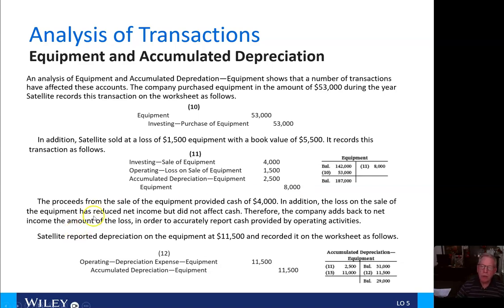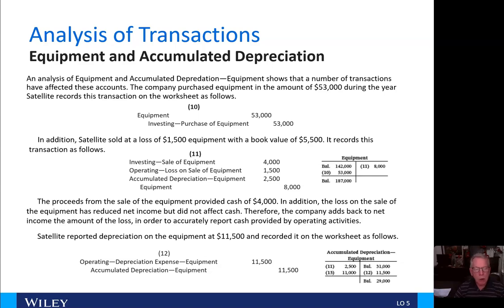The proceeds from the sale of equipment provided $4,000 of cash. In addition, the loss on the sale of the equipment has reduced net income but did not affect cash. Therefore, the company adds back to net income the amount of the loss in order to accurately report cash provided by operating activities. Satellite reported depreciation on the equipment at